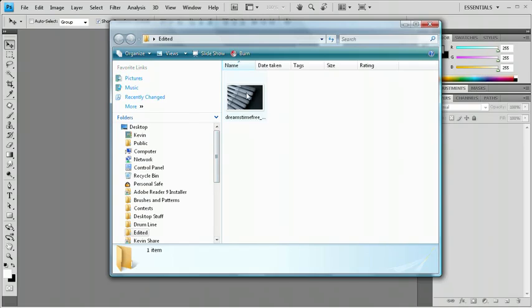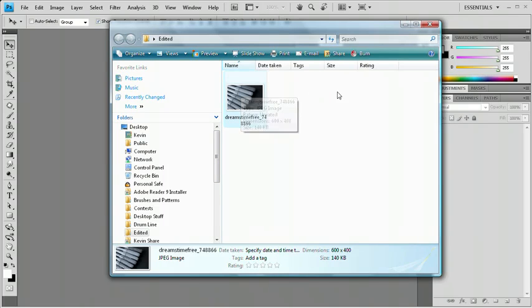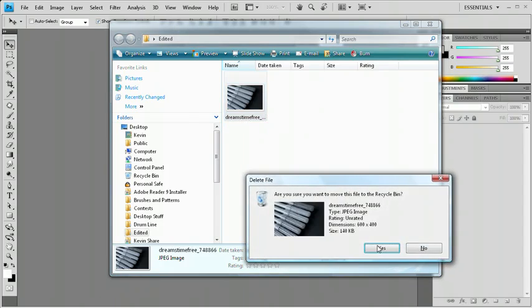And you can see in the edited folder it has added the image. Now to do this manually for each image it would take forever, but as you see I just click that play button after you create the action and it does it in seconds. So I'm just going to delete that, and then I'm going to show you how you can do this